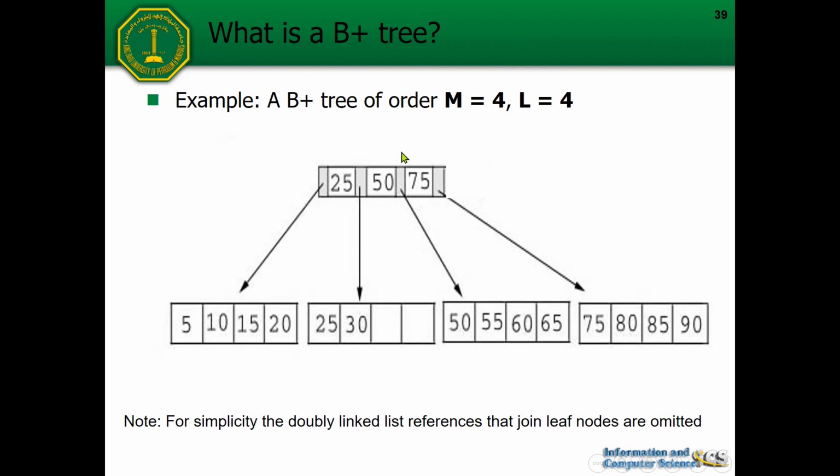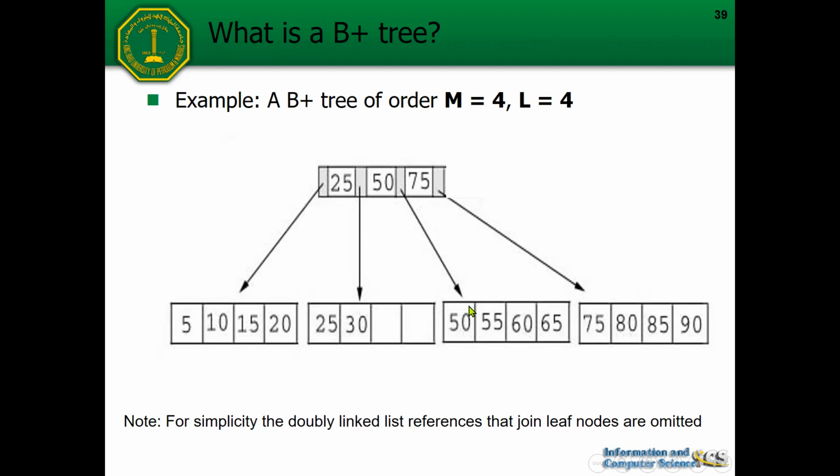We have another example with M is 4 and L is 4 also. So again, the order M is applicable to the root and internal nodes. The order L is only applicable to the leaf because in this example there are no internal nodes, meaning that M is for the root and L is for the leaf. You can see that as in the B tree, if M is equal to 4, for example, then the number of keys allowed for the root should be between 1 and M minus 1. That means it should contain only from 1 to 3. Now we see that there are 3 keys in this root, so it is valid.